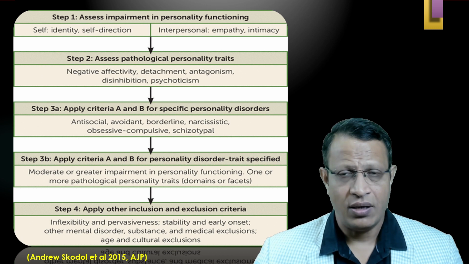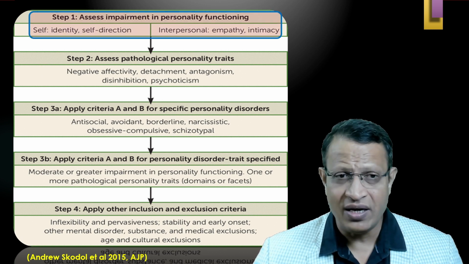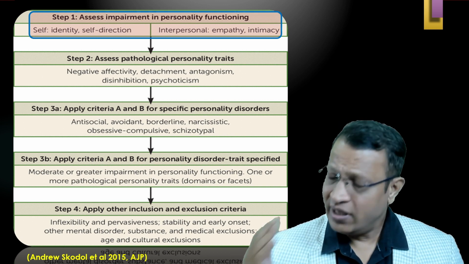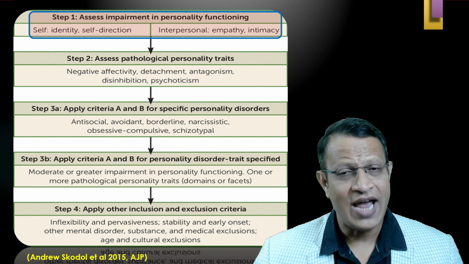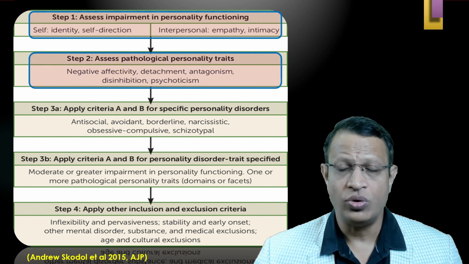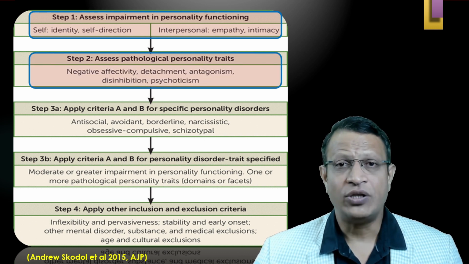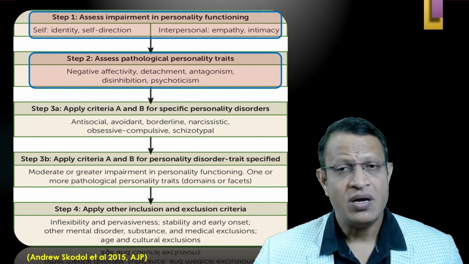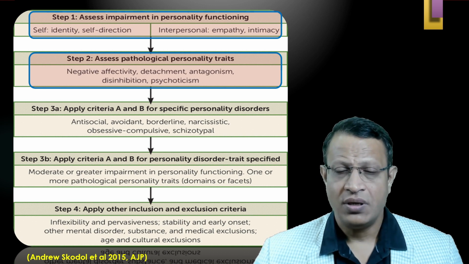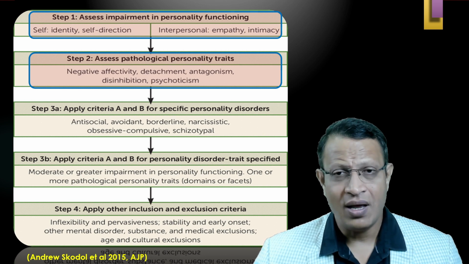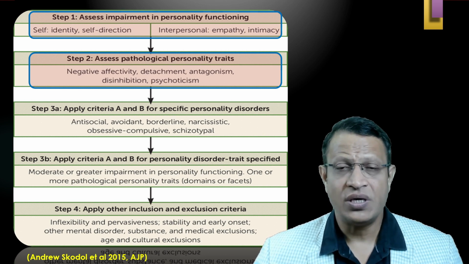In step 1, please assess the impairment in personality functioning with regard to self and interpersonal. With regard to self, it is identity and self direction. With regard to interpersonal, empathy and intimacy. Once you are able to understand step 1, move to step 2, that is pathological personality traits. Whether he has negative affectivity, detachment, antagonism, disinhibition, and psychoticism. Whether they score high or low in this area, and try to find out which are the traits and how